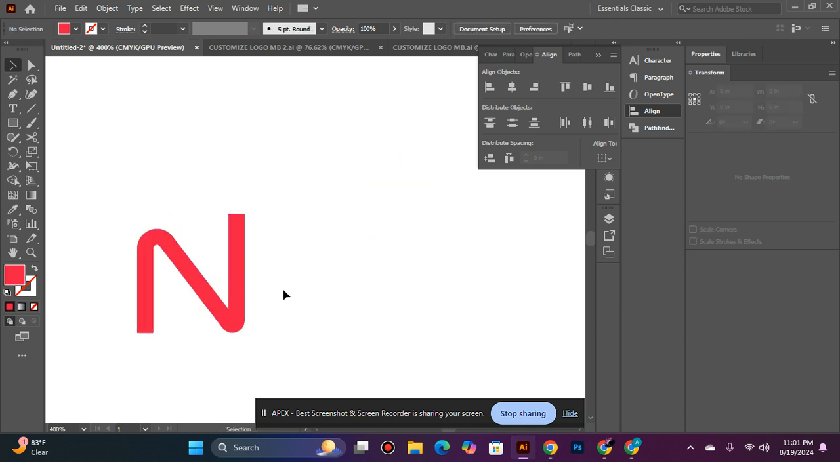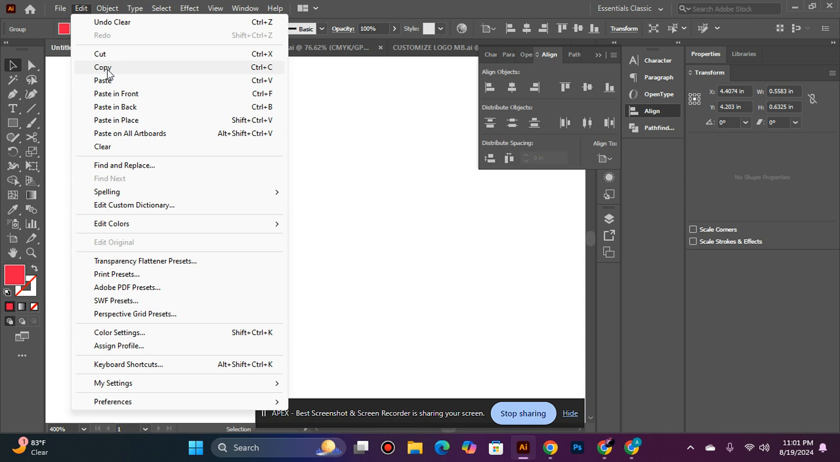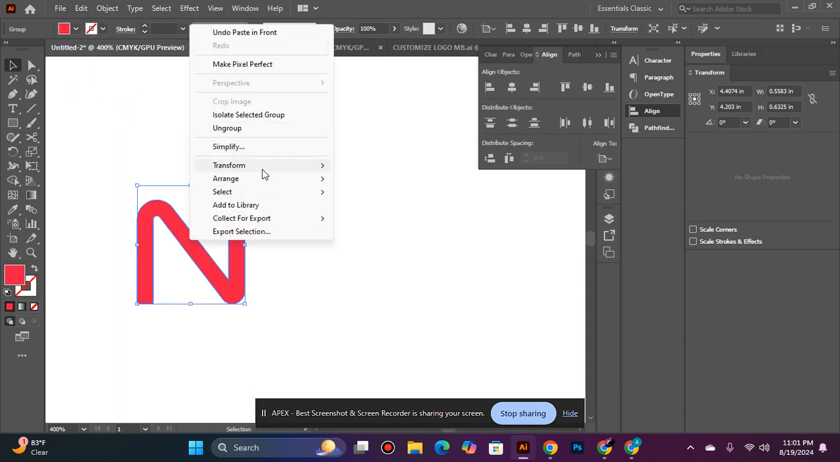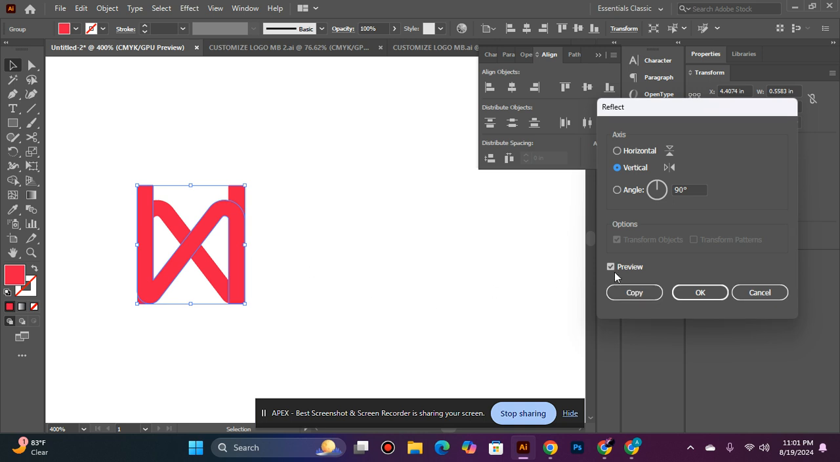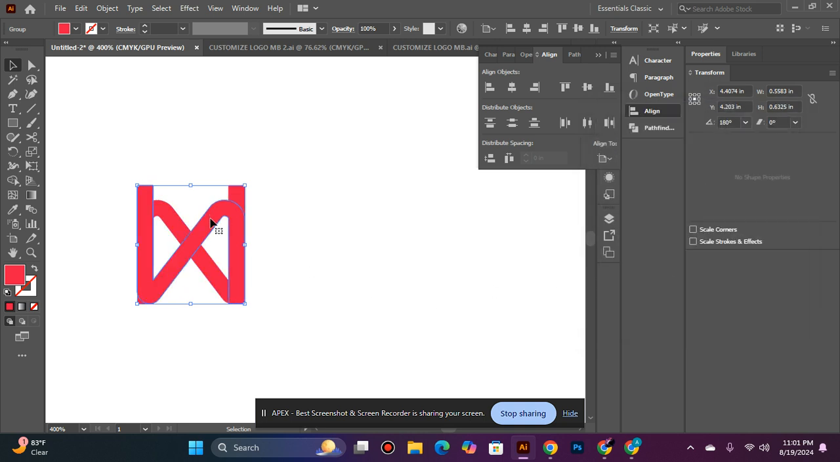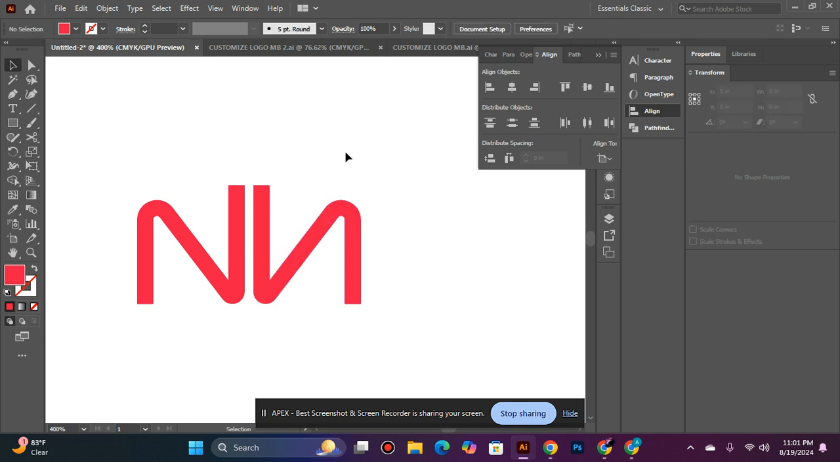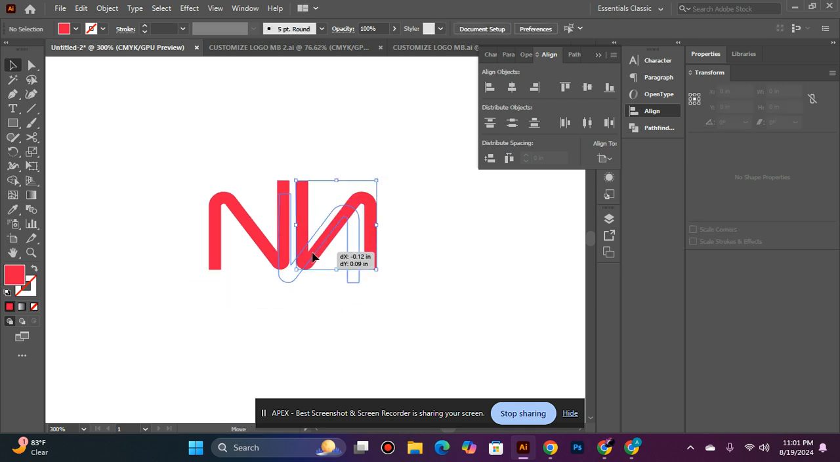So basically this is our N logo, and if you edit, copy and paste in front, then go to transform and reflect, and then this is our